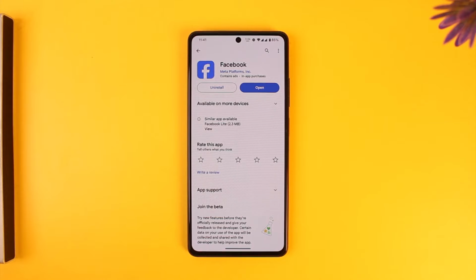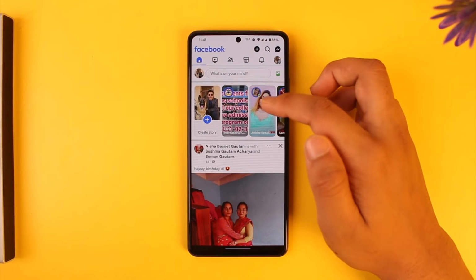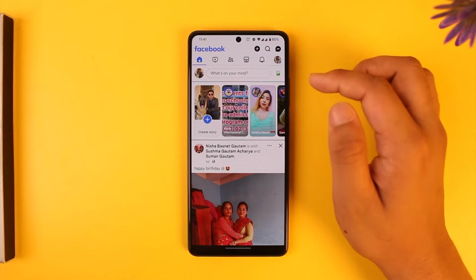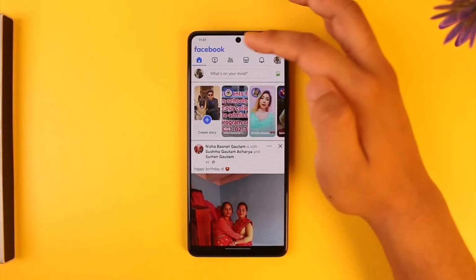In this video we're going to learn how you can change your Facebook profile to digital creator, so make sure to watch the video till the end. To change your Facebook profile to digital creator, which means a digital or a creator account, it's actually very simple to do. All you have to do is to simply come to your profile page here,